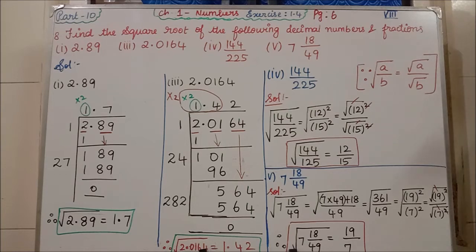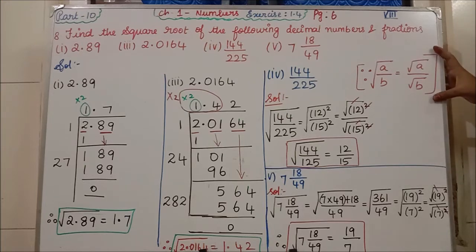So we know already up to 20 square numbers. So what is the square number of 361? It is 19 square, the answer is 361. Clear? So instead of 361 I am writing 19 square. Here 49 is what? You all know the 7 table, isn't it? 7 sevens are 49. So 7 the whole square, answer is 49.